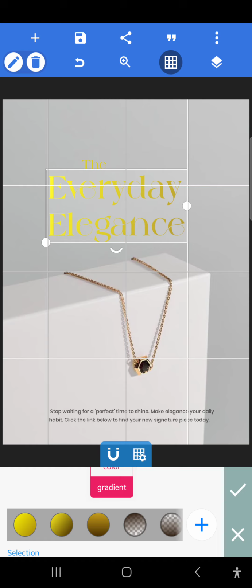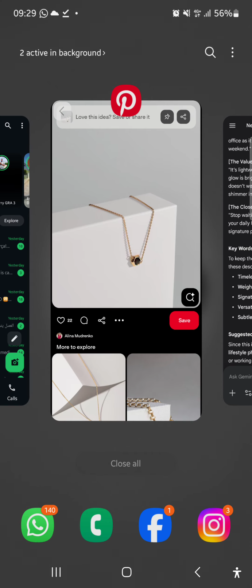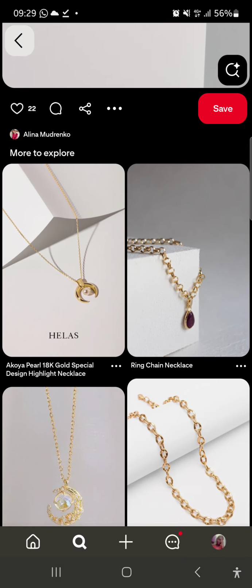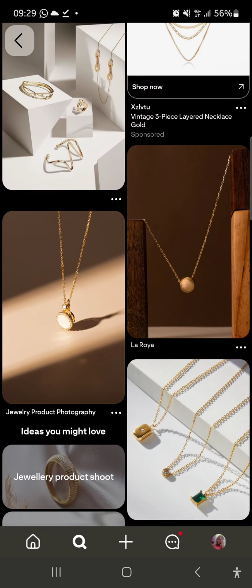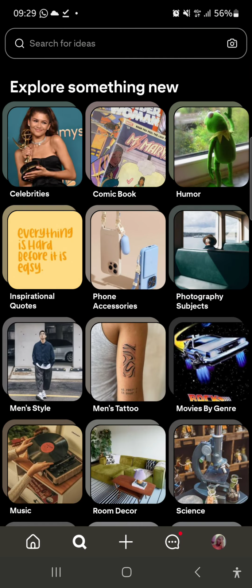Now, here is something, guys. When you're having challenges like this, when you're trying to pick a color, make a design look balanced, just go back to Pinterest. All right, go back to Pinterest. Look for designs that people did that are similar to what you're trying to do. Look at the colors that they used, how they placed them. You can just say